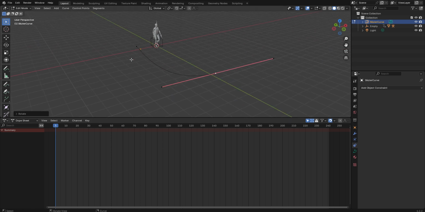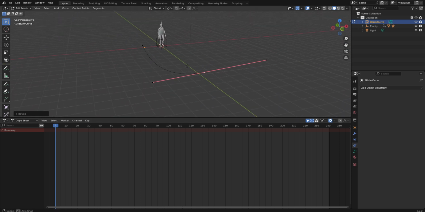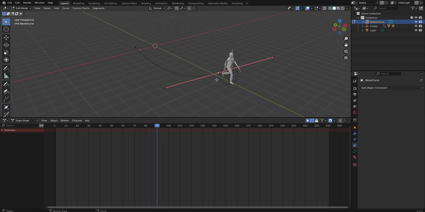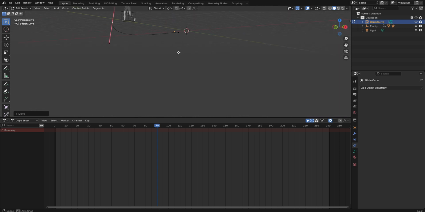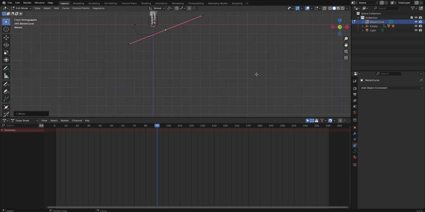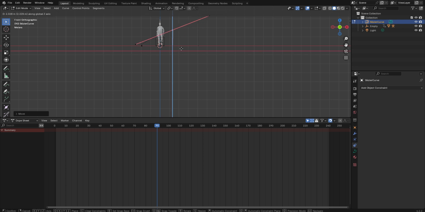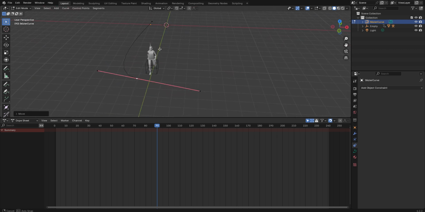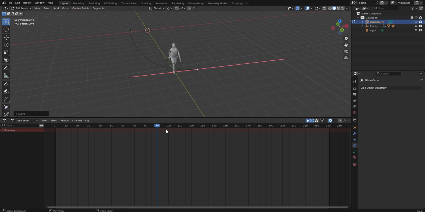So right now, I know I want the camera to start there, and I want to get to about here, but I want the camera to be a little bit further away, so I'm going to move this over here. I also want it to be further up. I kind of want it to be at eye level at that point, if not a little bit further. Yeah, something like that feels pretty good. Maybe a little bit further away. Great. And then the dance happens, so I want the camera to be able to come